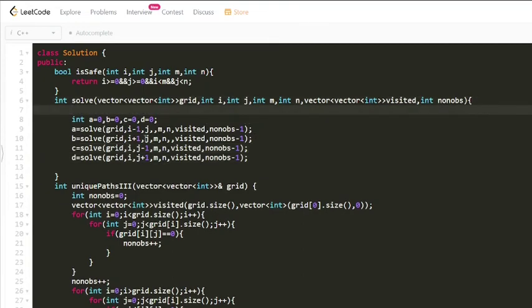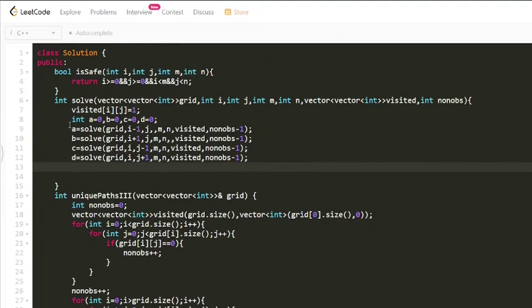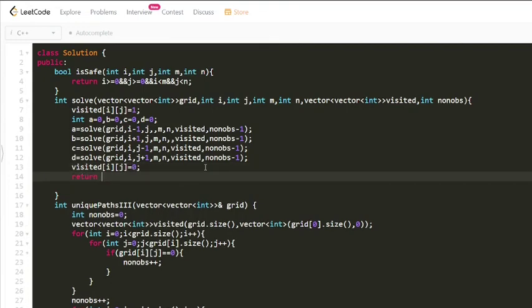Now before the robot moves over here, we need to mark the previous cells as visited, right? So let's just make them as visited. Right? So now after we have marked this, and if they backtrack, then we need to make them as non-visited, right? And finally we need to return the sum of it, right? So let's return the sum of 4 functions.